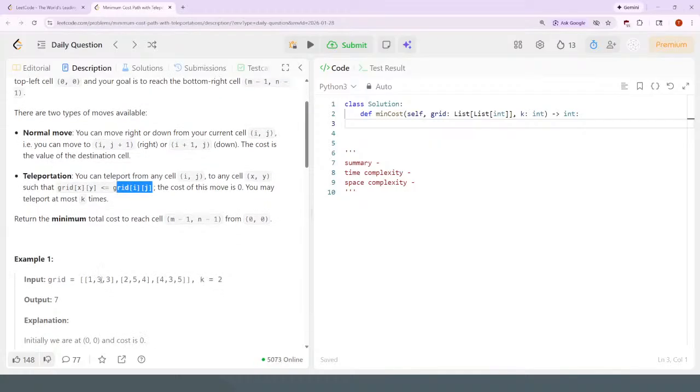Trying to figure out what the strategy would be here. If you had just normal moves from 0, 0 to the ending cell, you would try to find the minimum path, the path that crosses through cells that have the lowest value. And if you were to not alter that path, but somehow use teleportations within that path,